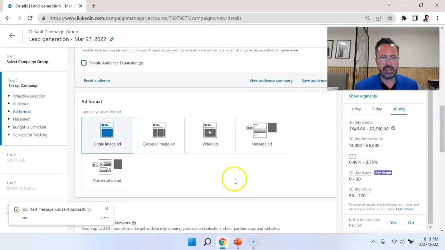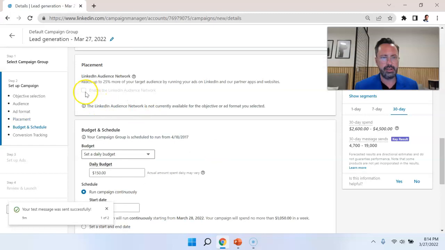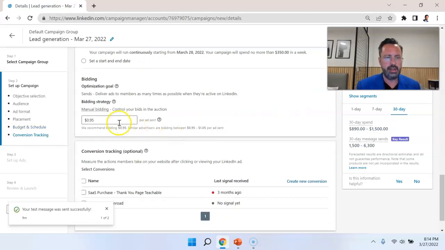I'm going to select the conversation ad as the ad type. I would enable LinkedIn Audience Network, but it is not an option for this ad type. I'm going to lower the ad budget to $50 per day. My bidding strategy is going to be based on the amount that I'm willing to pay to send my message